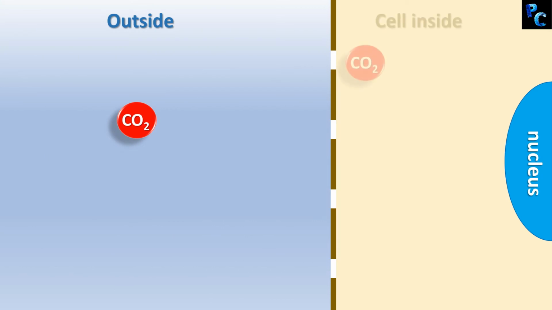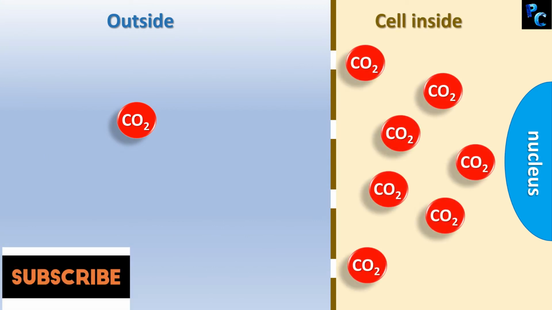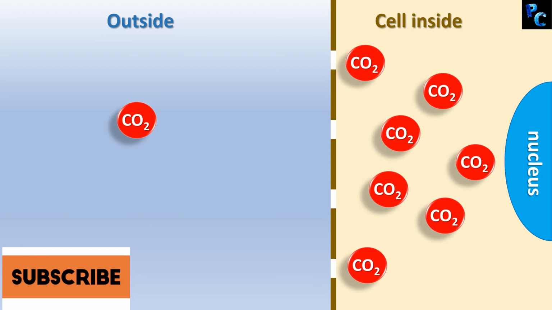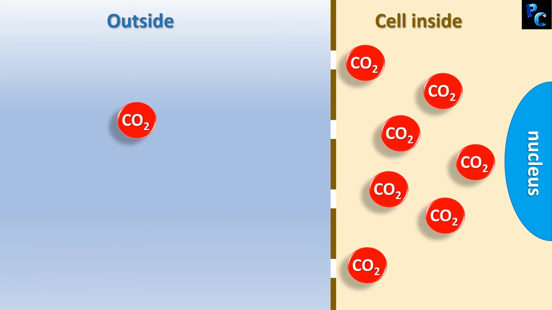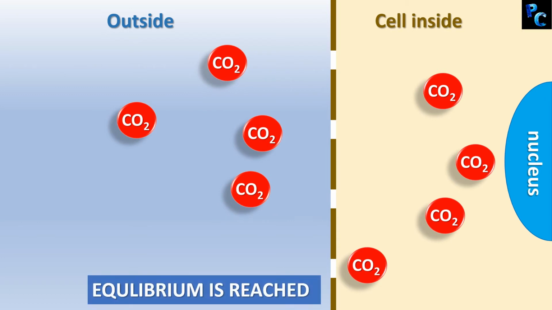This is called diffusion. In cells, carbon dioxide increases as a cellular waste. So carbon dioxide is in higher concentration inside the cell compared to the environment. So what will happen? Any guess? Carbon dioxide will move out of the cell to the environment by the process of diffusion until an equilibrium is